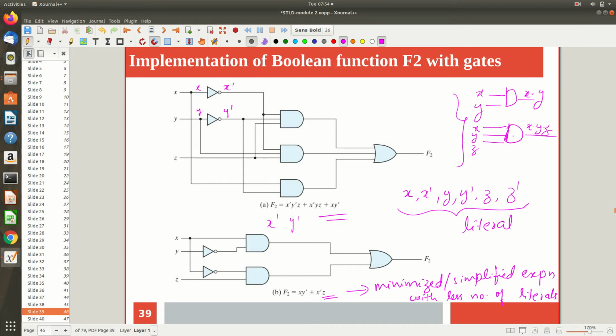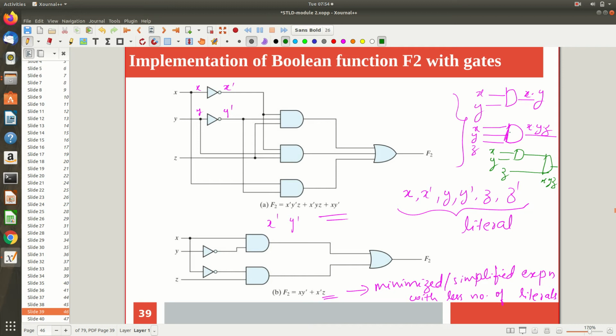But to do it using binary AND, you would use 2 AND gates, first x and y, then z, and finally get x dot y dot z. So you can avoid this complexity, otherwise the circuit will be very complex.